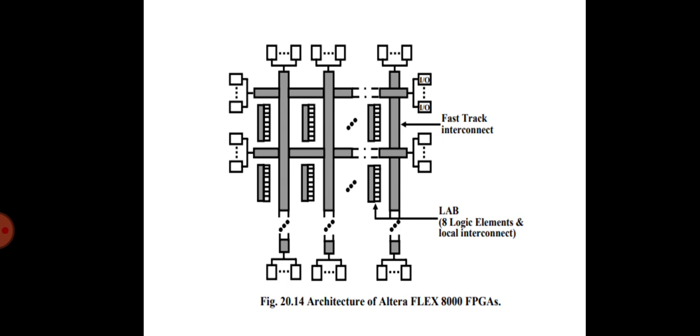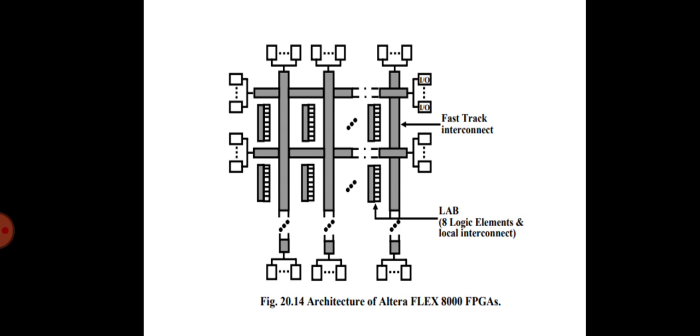And this Ultraflux 8000 has faster interconnects, with device-wide rows and columns. Each LE in a LAB drives 2 column channels, which connect to that column, and each LE in a LAB drives 1 row channel, which connects to other LABs in that row. The 3:1 multiplexer connects either LE outputs or column channels to row channels.